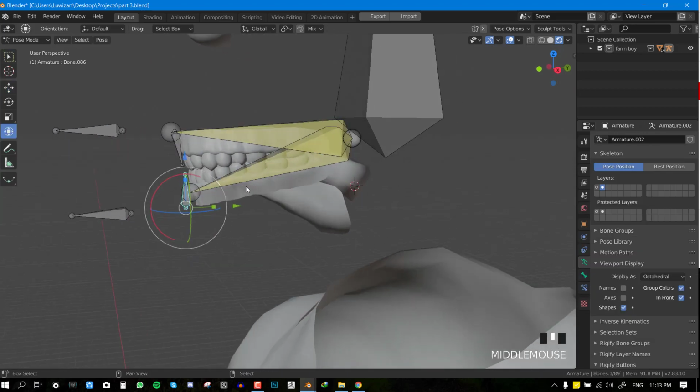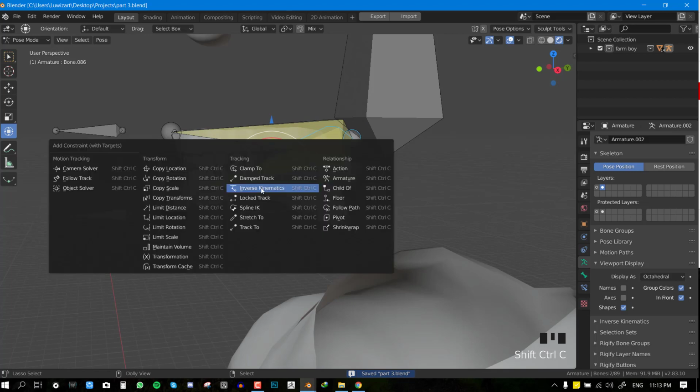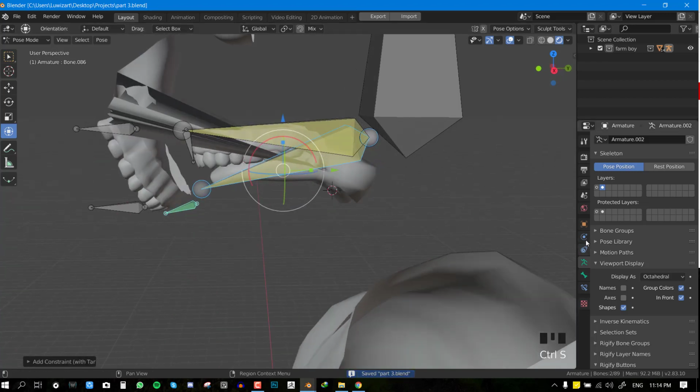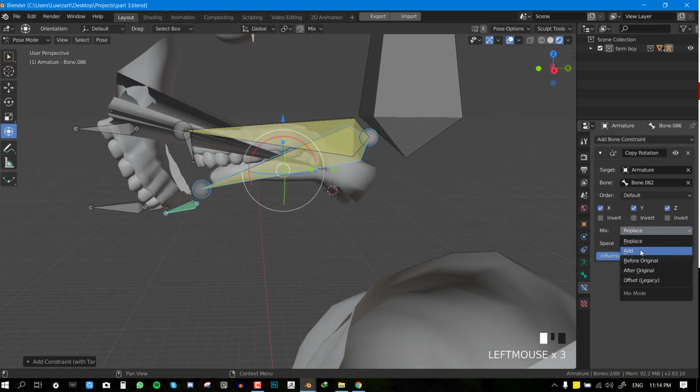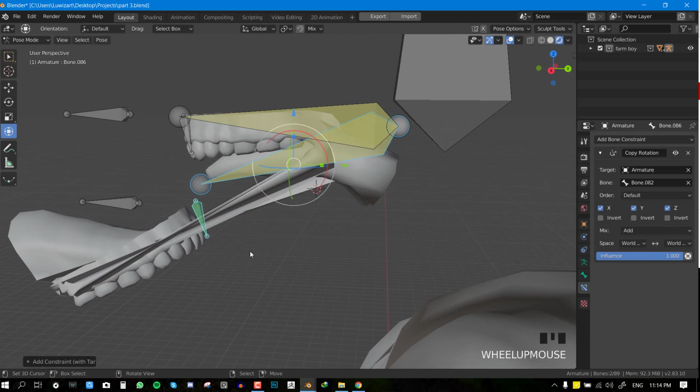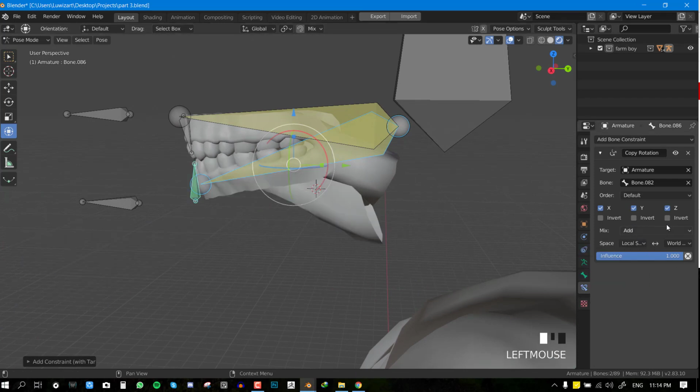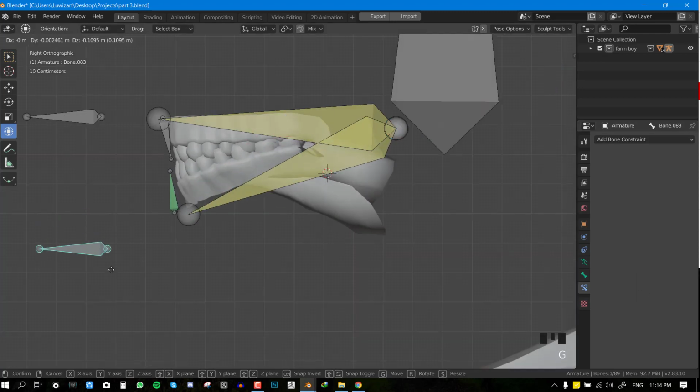So we can select this and select this, shift select this and do Ctrl Shift C, and we'll do copy rotation. And we can go to the Constraint tab and do add, so that we can still play with the rotation. So also do local space with local space. Now if we move this,